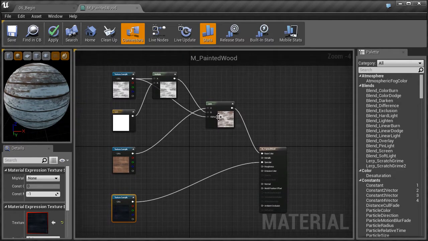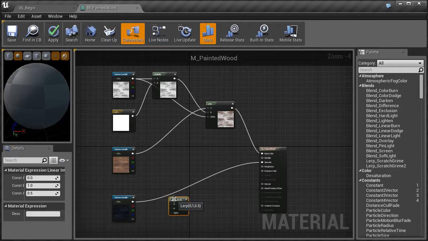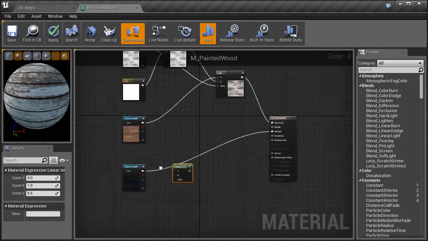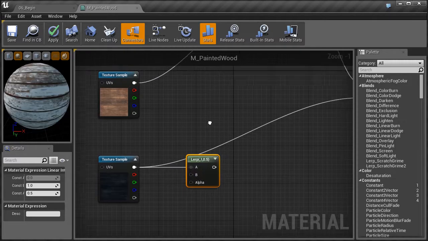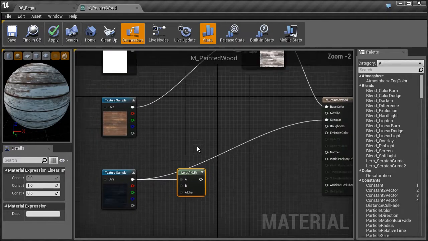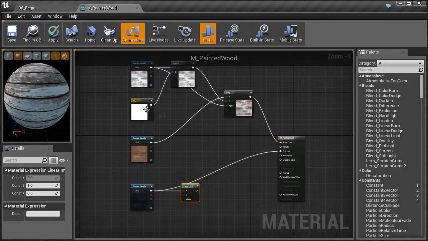We're going to go ahead and lerp that. So let's hold down L on the keyboard and then left click, and there's our lerp. And we're going to plug in our specular map. We're going to plug that into A. Now what are we going to plug into B? Well, for B, we want to use another value. We could use a color value, but I actually want to use just a numerical value, a value of 0